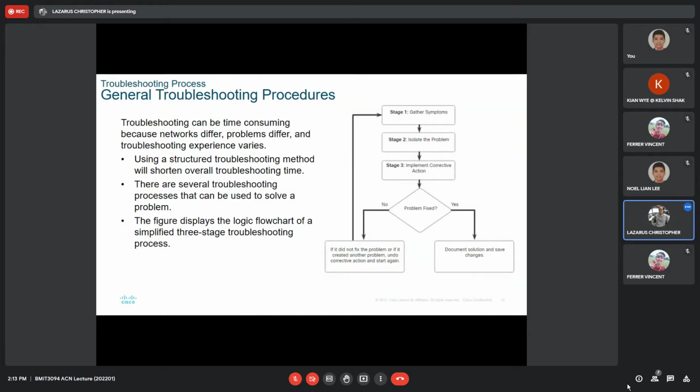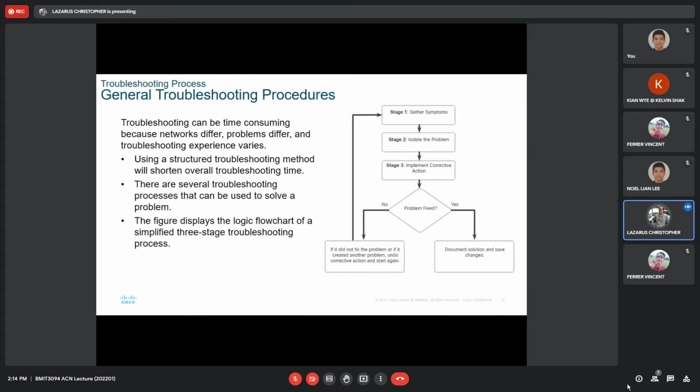And then after isolating the problem, you basically have an idea about the problem. Then you start to think about what is the corrective action. Then you implement it. Then you decide, is the problem fixed? Then either no or yes, right? If yes, document your solution and save the changes. And then no more problems. If not fixed, no, then